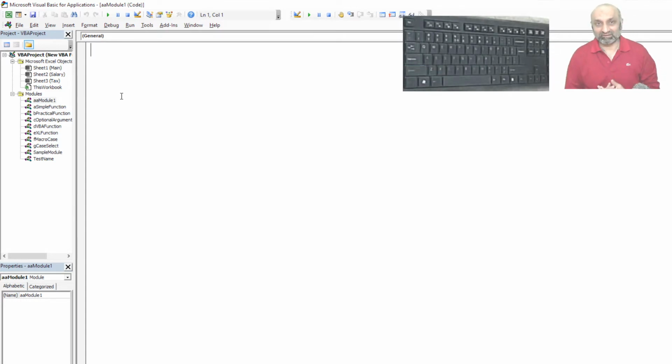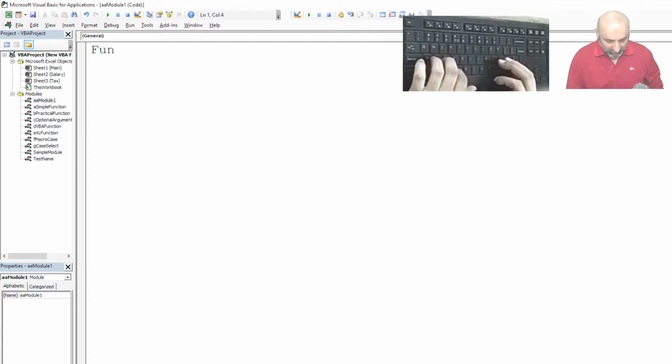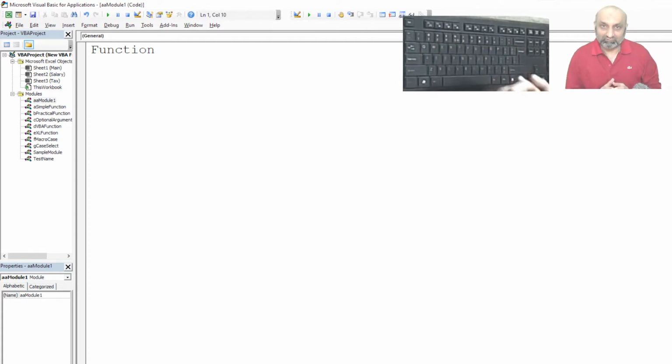So as I said, instead of sub, the function will start with the word function, and this will be followed by the name of the function, and that name is, let's say, add 10. And because we are following a certain format, that whenever I use a name that I am giving, I will use the letter v.